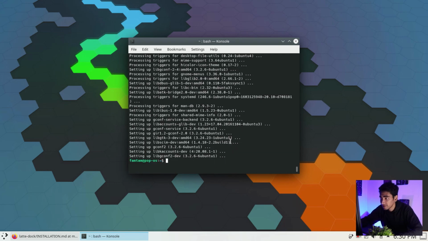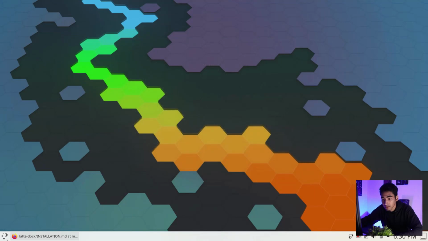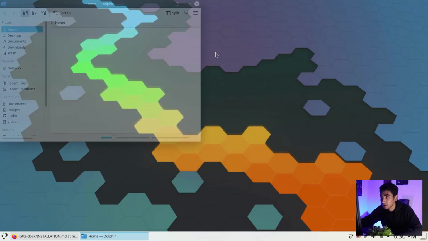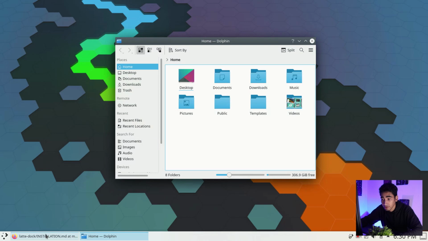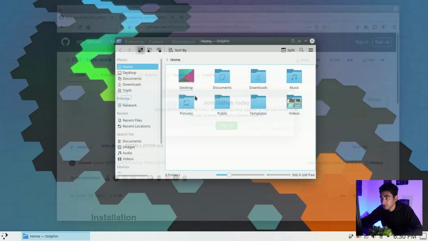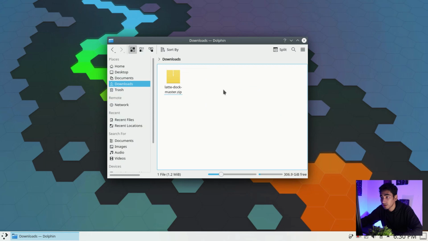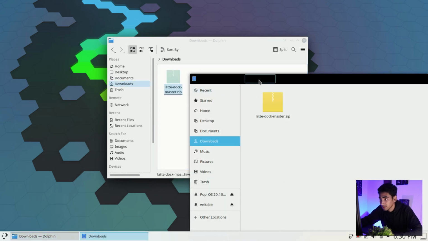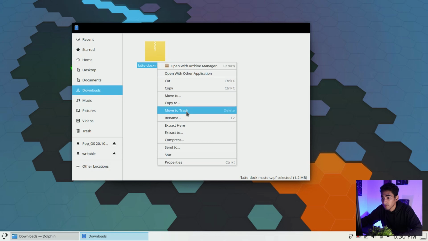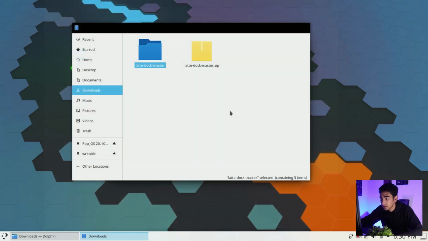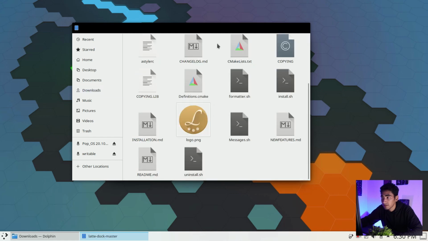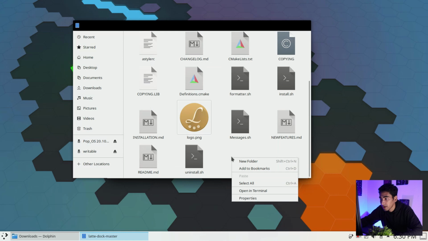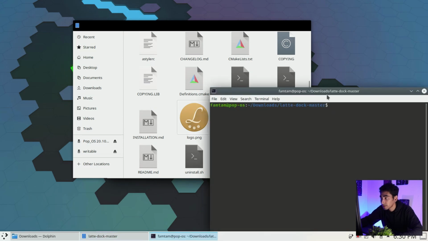So it took like 10 minutes to finish, so I'm gonna just close that and go to the downloads folder. And by the way, let's just close the browser because we don't need that now. So let's go to the downloads folder, and this is the latte dock zip file that I have downloaded. Let's go ahead and quickly unzip that, extract the file. So I'm gonna right click, extract to, select. So this is the folder that I have extracted, and inside the folder I'm gonna right click, open in terminal,